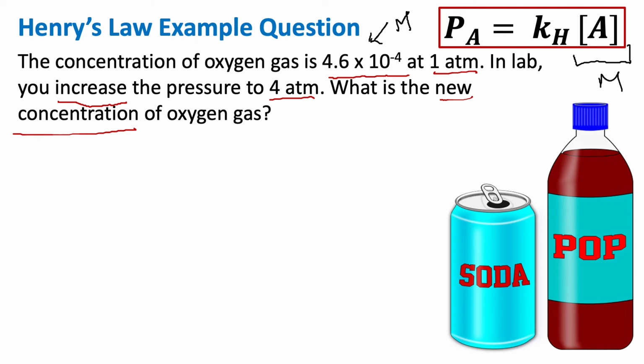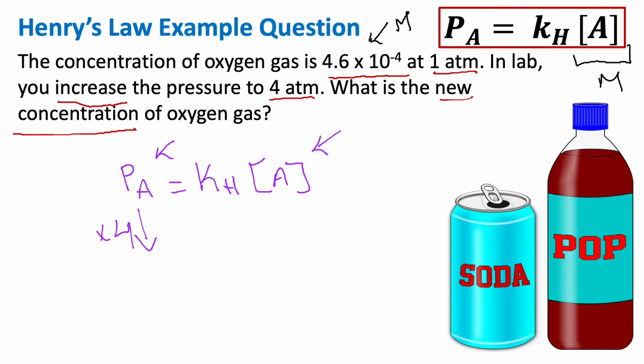Now, if I rewrite the equation down here and I say P sub A equals KH times the concentration A, and I increase my pressure by 4 times, well, P sub A and the concentration are directly proportional to one another. So if I increase one by 4 times, the other one also must increase by 4 times. So that means my original concentration was 4.6 times 10 to the negative 4, and I must multiply that by 4 to get my new concentration. And my new concentration is going to be 18.4